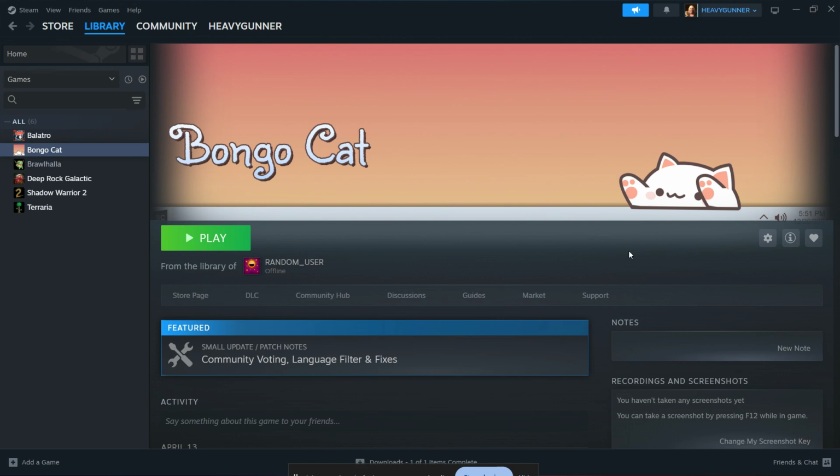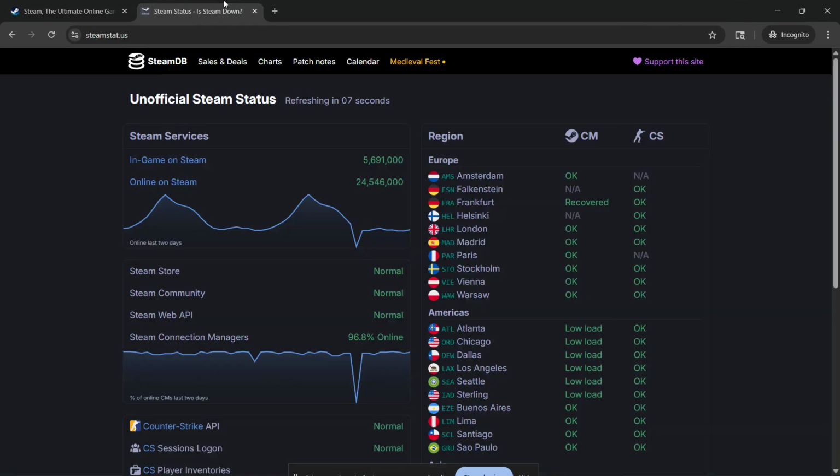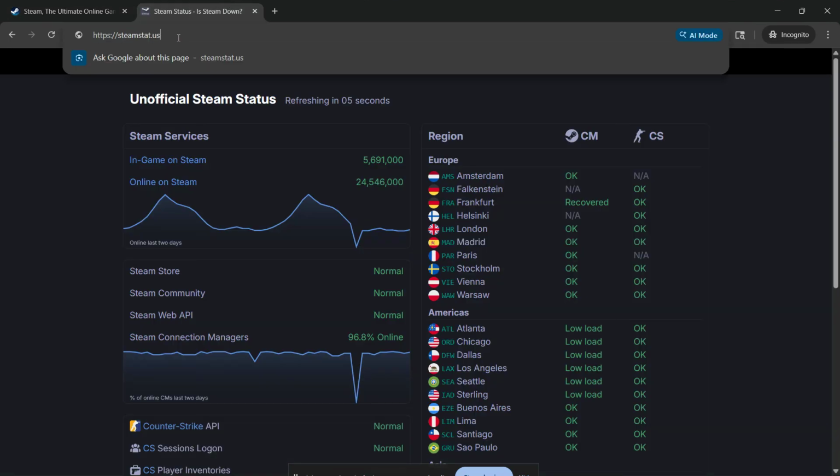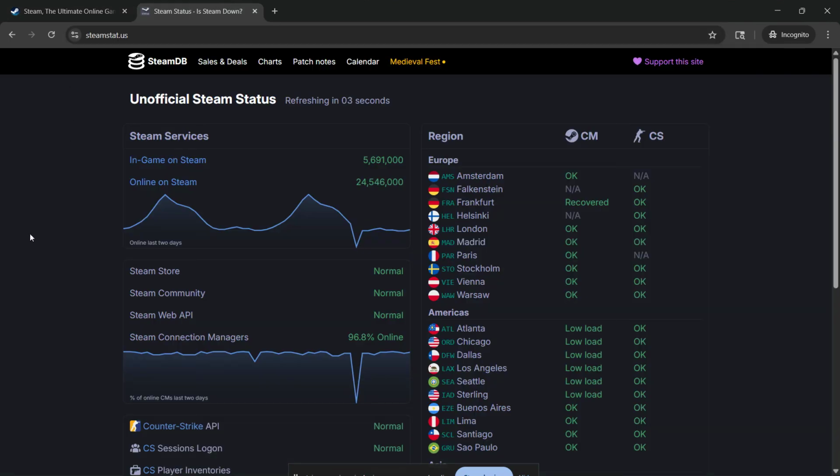It's also a good idea to check Steam's server status. Sometimes Steam is having a temporary outage, maintenance, or service disruption. You can confirm this by visiting steamstat.us and checking whether the servers are currently down. If the servers are offline, there may be nothing wrong with your computer, and you may just need to wait